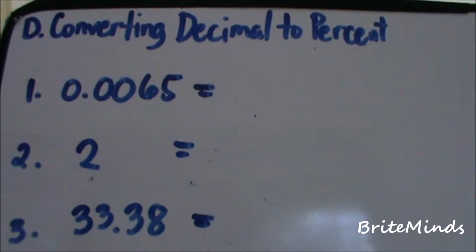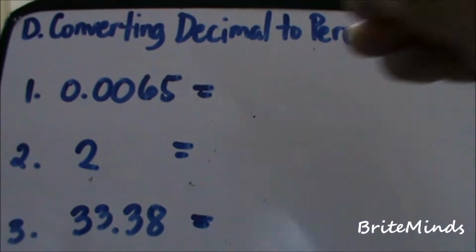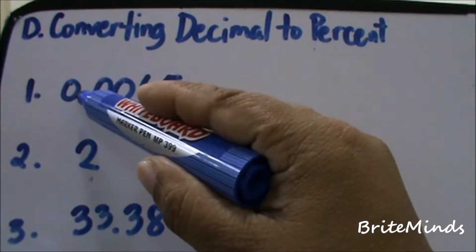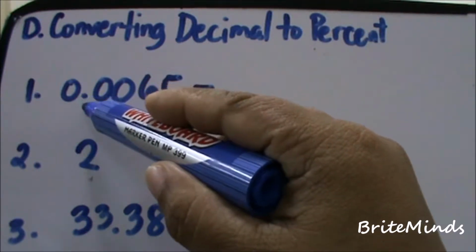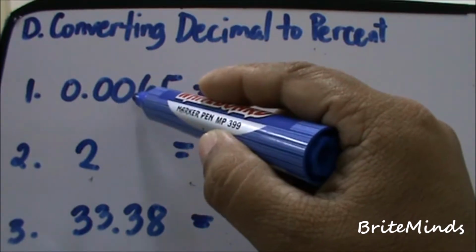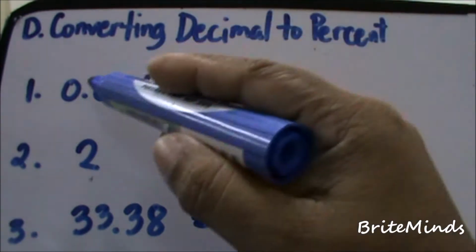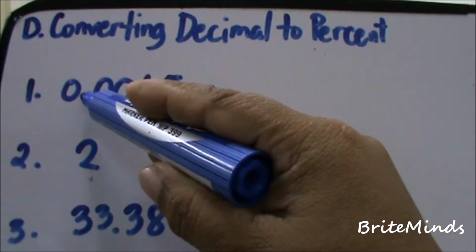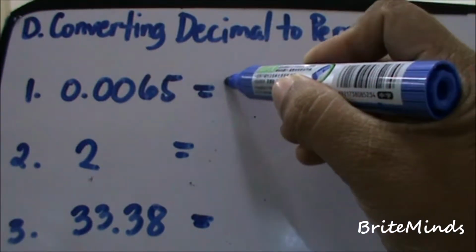Converting decimal to percent. To convert decimal to percent, move the decimal point 2 places to the right. Okay, so this is the decimal point. Then we need to move 2 places to the right and then affix the percent. Okay, so we try to move the decimal here, 1 and 2. Okay, so the answer will be